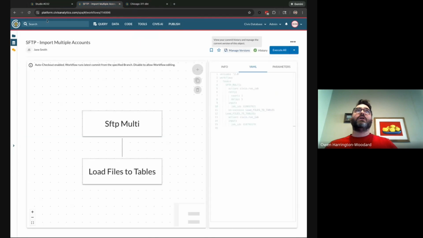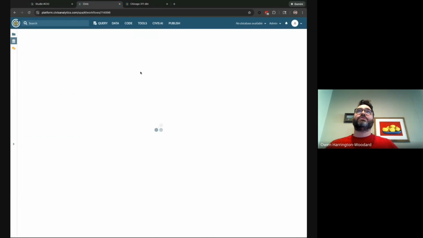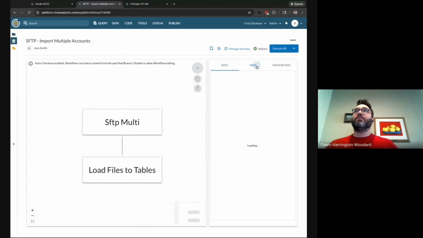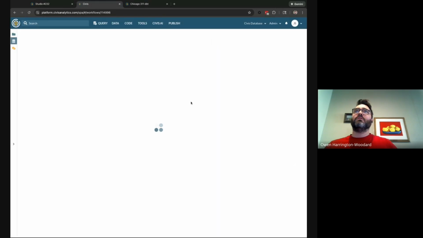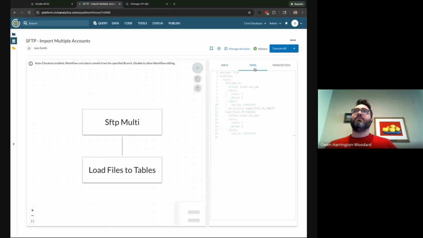And now I need to refresh the page here, but this should, maybe it takes one more second. Yep, this has picked up those changes automatically. So I was able to push those changes in Civis Studio, and my workflow picked it up automatically because I've got auto checkout enabled.